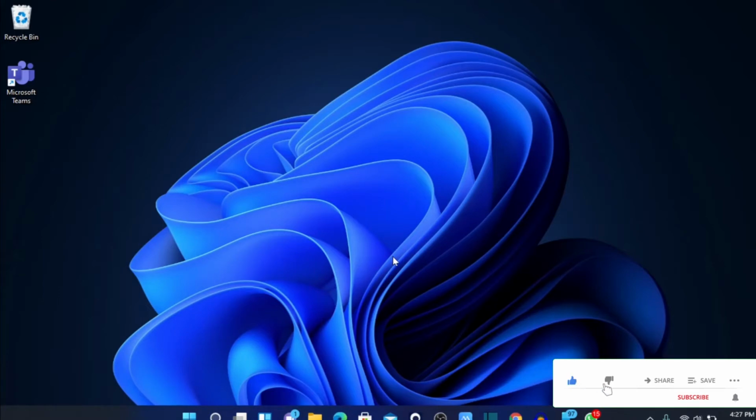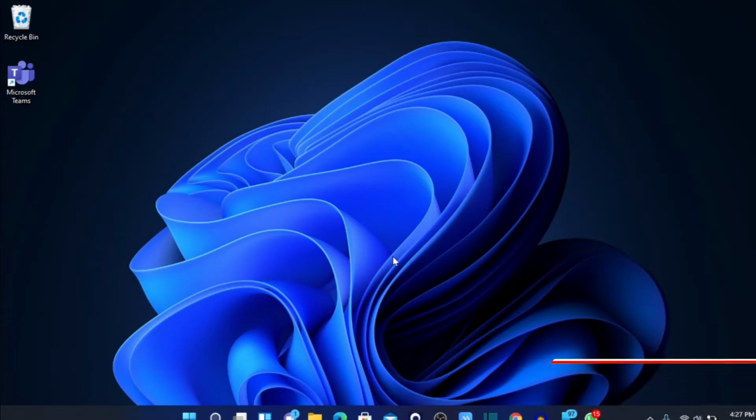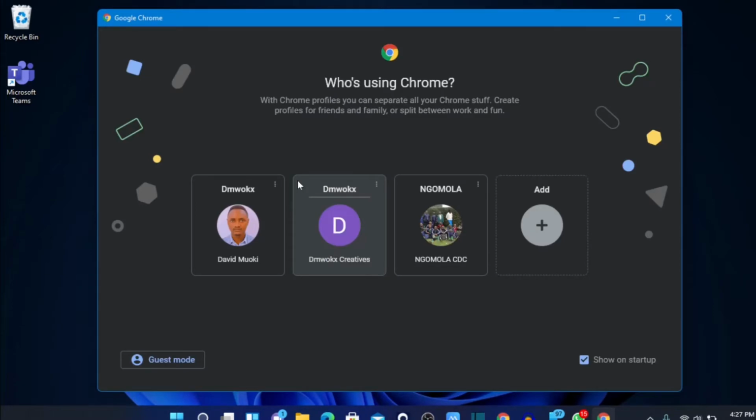Today I want to take you through the process of generating a link from Microsoft Teams. So right away I will jump into my browser so that I can show you how you can download Microsoft